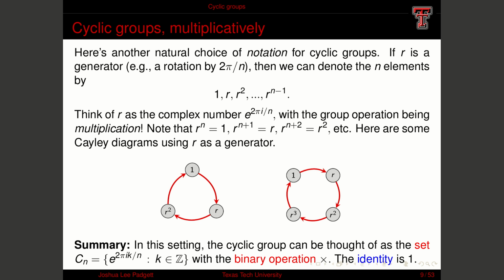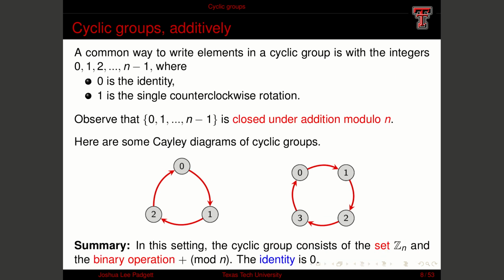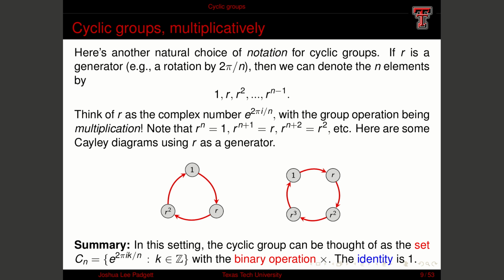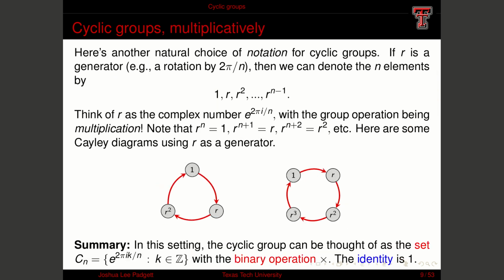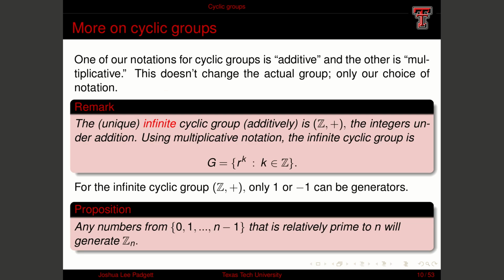So what are you to be taking from this? You're to be taking that we have two distinct representations of cyclic groups, additive and multiplicative. And the idea is they both end up giving us the same Cayley diagrams, but they give us two different ways of understanding what a cyclic group can be. And sometimes one view is more helpful than the other, but now we have some very concrete ways of viewing cyclic groups, other than just these pictures that I randomly decide to draw. All right. So now that we have this,